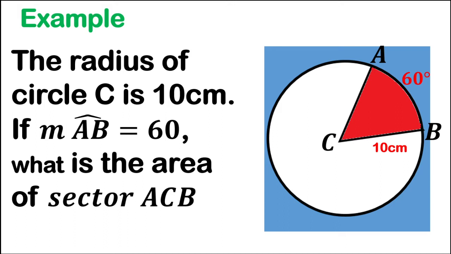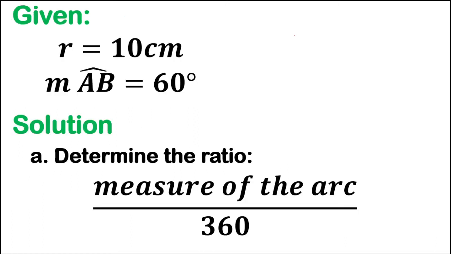Say the radius of circle C is 10 centimeters. If the degree measure of arc AB is 60, what is the area of sector ACB? So let's begin. We know that the givens are the following. The radius is 10 centimeters, while the degree measure of arc AB is 60 degrees. Now, first, you have to determine the ratio using the measure of the arc over 360. The measurement of the arc in the given is 60